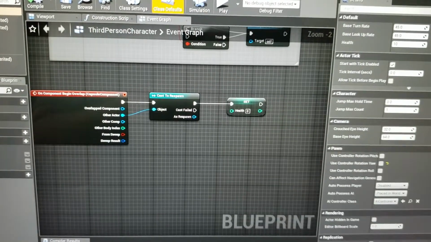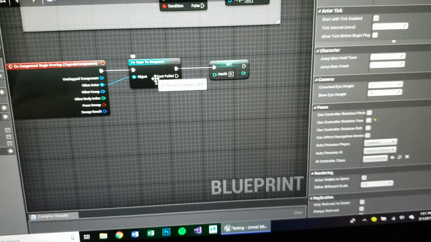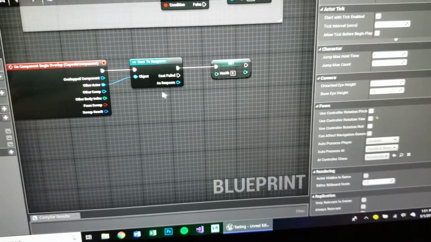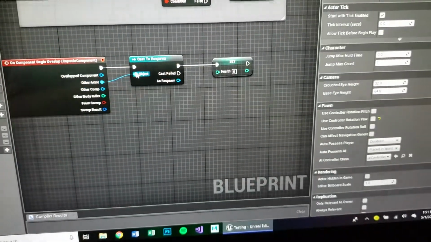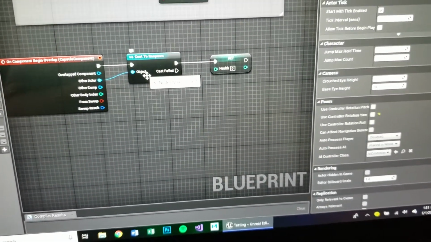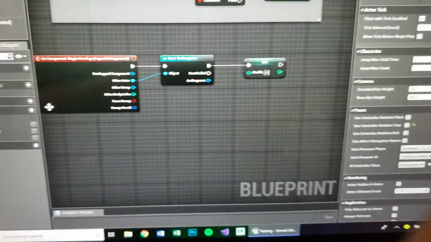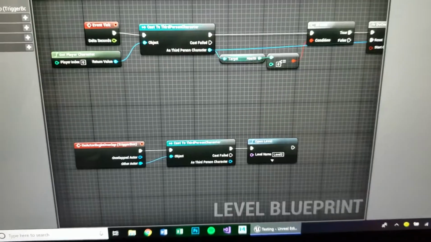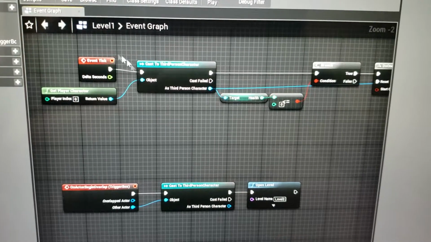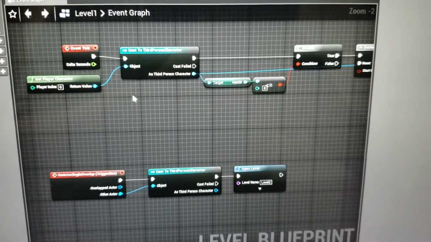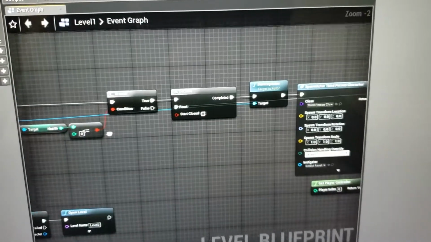So coming to the respawn, what I did is I added in a cube with a collision and named it respawn. So when our player character hits the collision box of the respawn blueprint, it sets the health to 0. So I added a new variable, health, and then we go to the level blueprint, and here's what happens. Every event tick, it checks if the player health is less than or equal to 0, and if it's true,